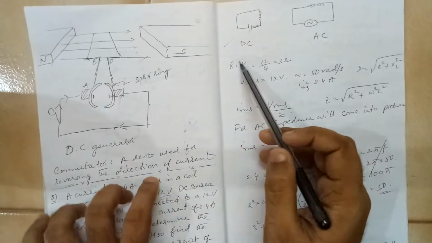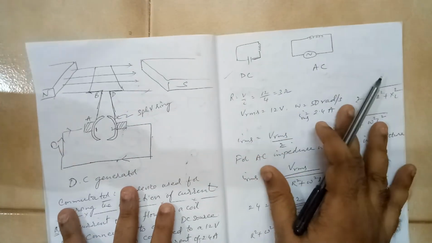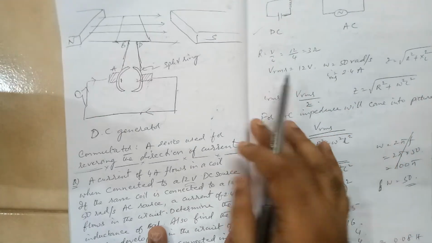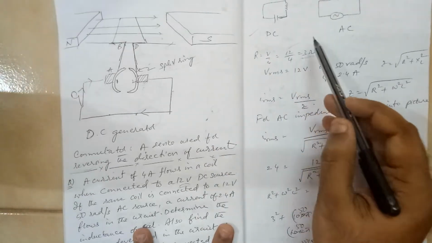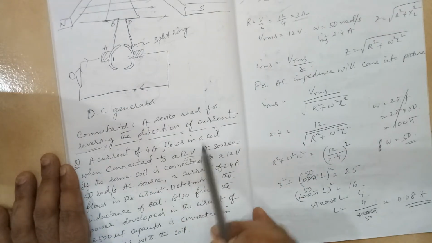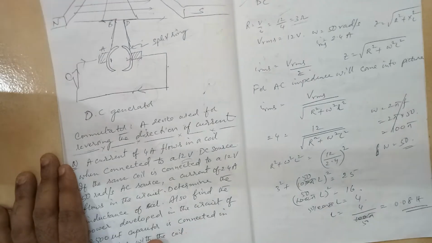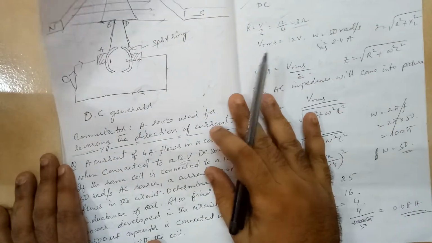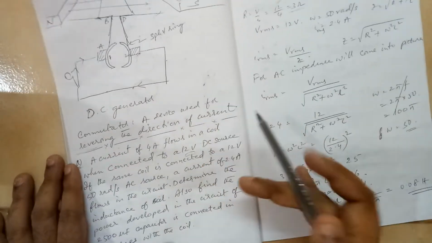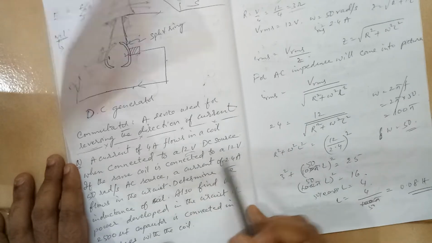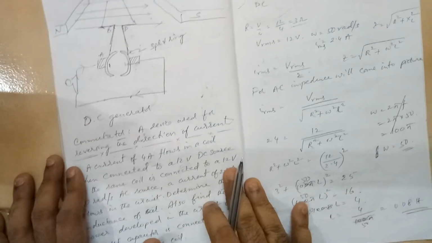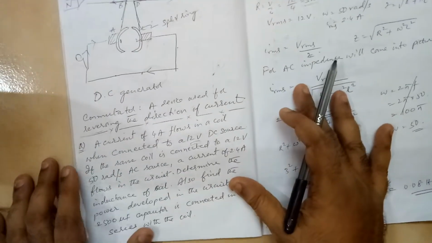So when you talk about DC, you talk only about the resistance. Here in the DC format, you know the voltage, you know the current, so you can get the value of resistance. Voltage is 12 and current is 4 amps, so resistance is 3 ohms. Now when you connect that in an AC format, he has given you the voltage, the peak value and omega.